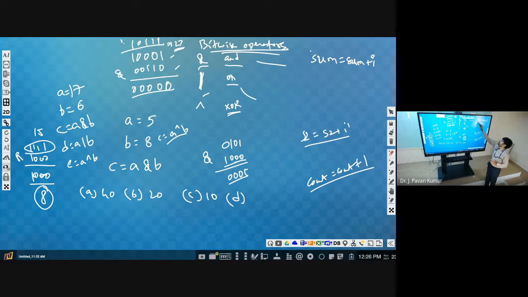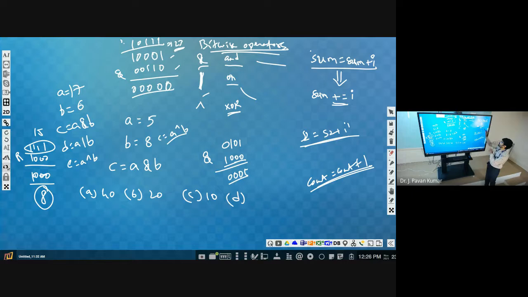Whenever we have these kinds of statements, instead of writing the entire thing, we have one shortcut statement, that is sum plus equal to I. That means we add I to sum and assign it to sum itself. This is equivalent to sum is equal to sum plus I. Plus equal to is the shorthand operator.